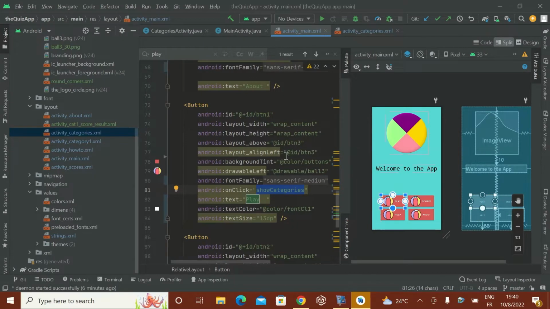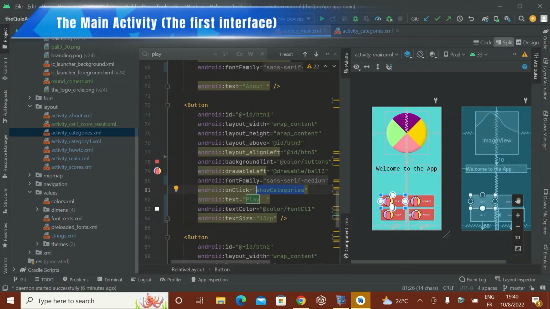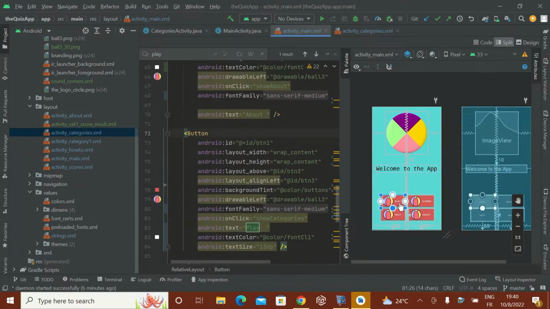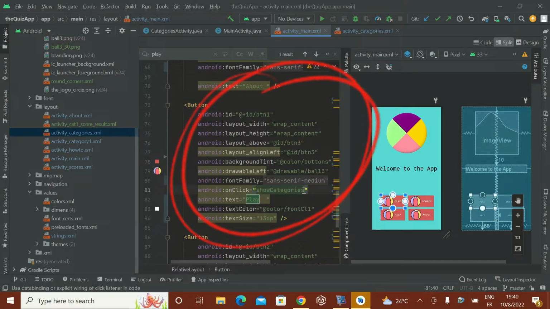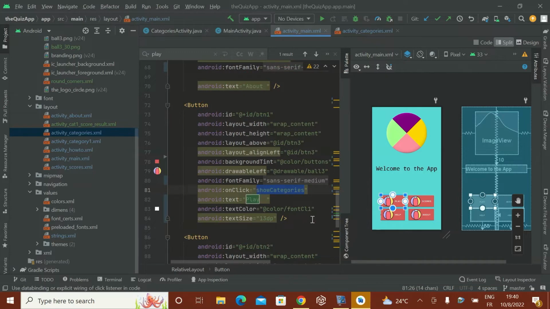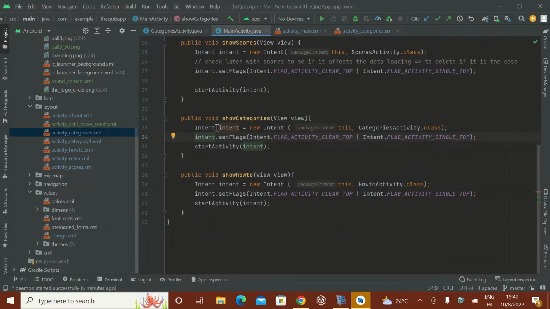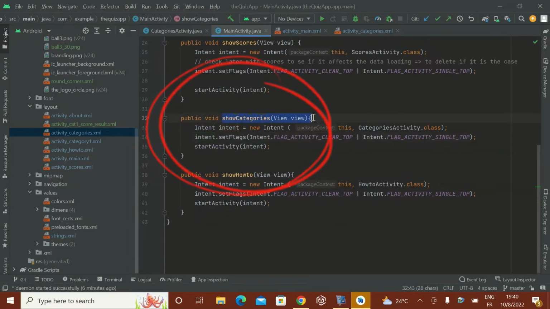This is the first activity corresponding to the main window. Here we have our play button. When we click on the play button, as described in the corresponding XML file, we will call the method showCategories. If we go to the corresponding code in MainActivity.java, here we have our showCategories method,